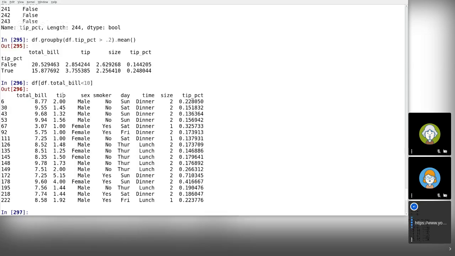And we can see that the tip is $2, 1.45, 1.32. That's exactly someone who wanted to add everything up to $10, sorry, 1.56. That's $1, $1, $1, 1.48. So as you can see, there's no tip ever below $1. So that is